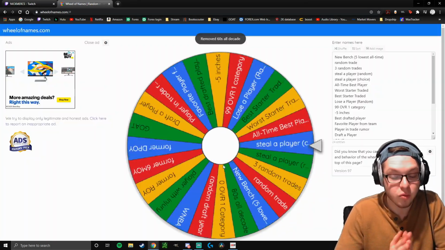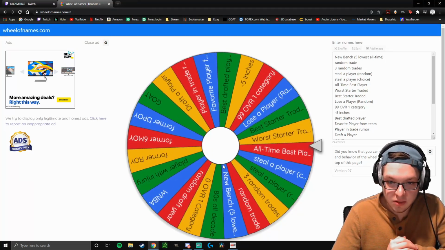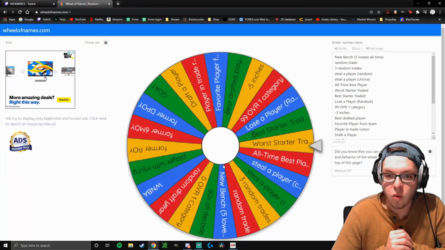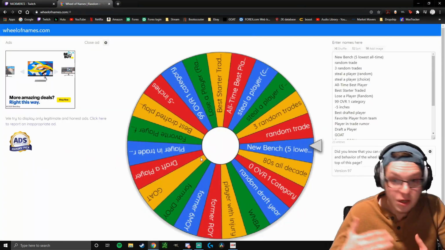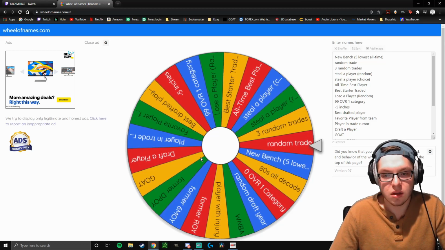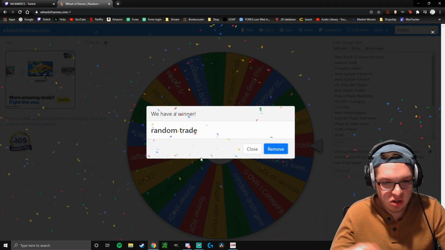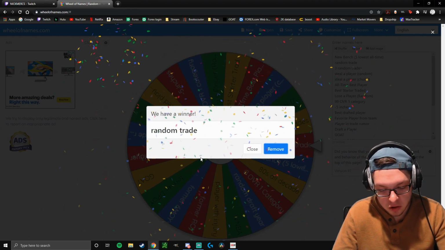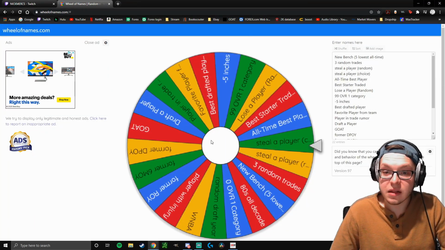All right, so we got the Grizzlies now. We got Grizzlies. All-time best player? No, we're going to have worst starter traded. Get slightly worse. It could get slightly better. Who knows? I might throw draft picks in it just to make it more interesting. But now we got a random trade. Now we have steal a player